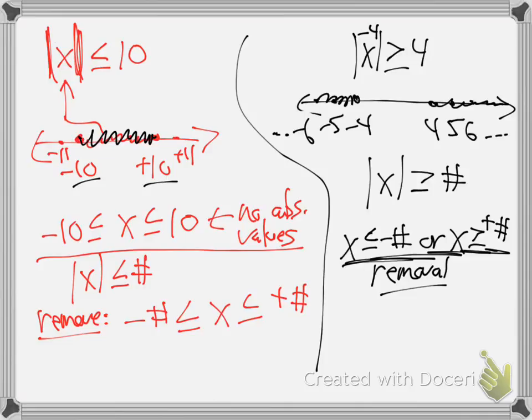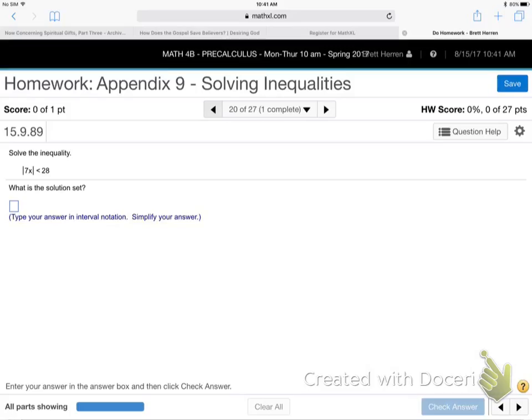So let's do some now. Let me do that one we were just looking at. We got a couple minutes. I need those minutes. Hold with me. So absolute value of 7x is, what does it say, less than 28. So on the removal stage, what I'm going to do is yank off